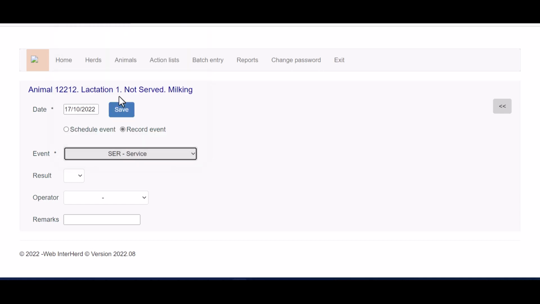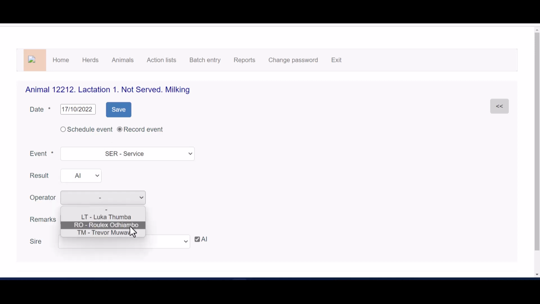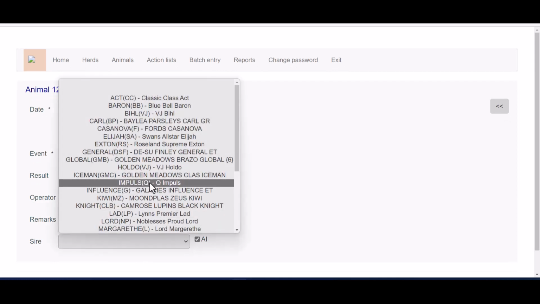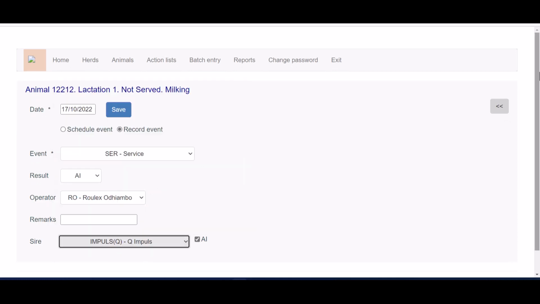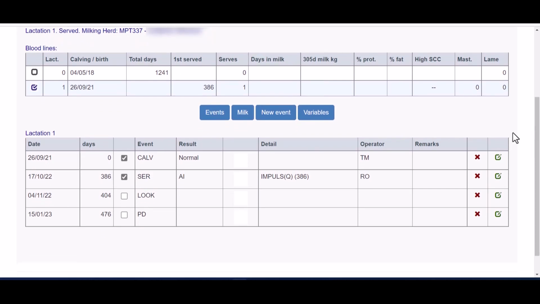So I'm going to record a service. Then it's an AI rather than a local, than a natural. Who did the service? Well, let's say Rulex did it. And what bull did it use? So we used Impulse. So there you go. So when I save that, then now that animal has got a service, and in 18 days' time we have